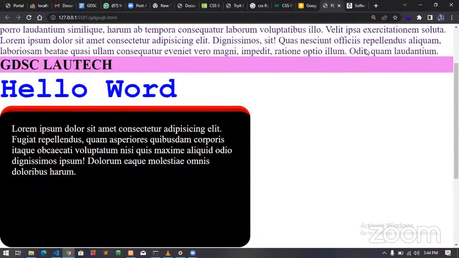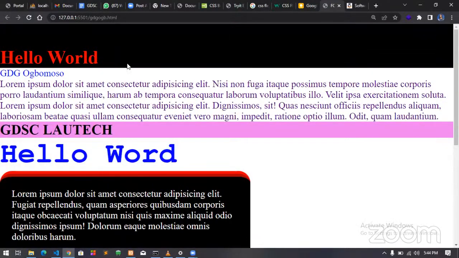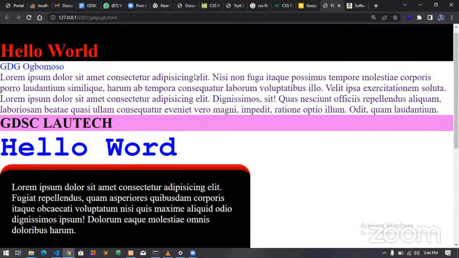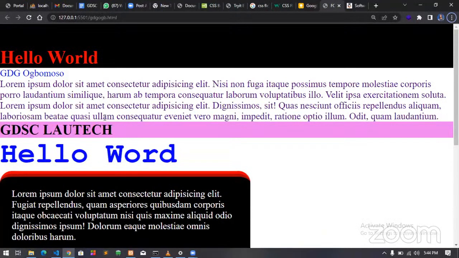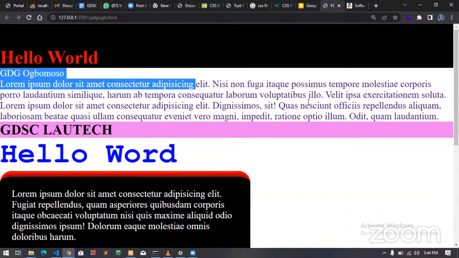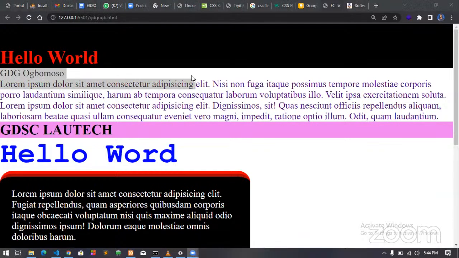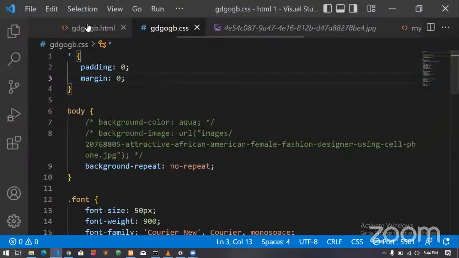Are we seeing that now? Yes. You're saying that in that global styling, if I style there, it's going to affect everything inside my page. Is that what you're saying? Exactly. That's why you see that it has removed the paddings and everything. Everything is now closed. That's why it's called global, like universal. Exactly. That's just right.